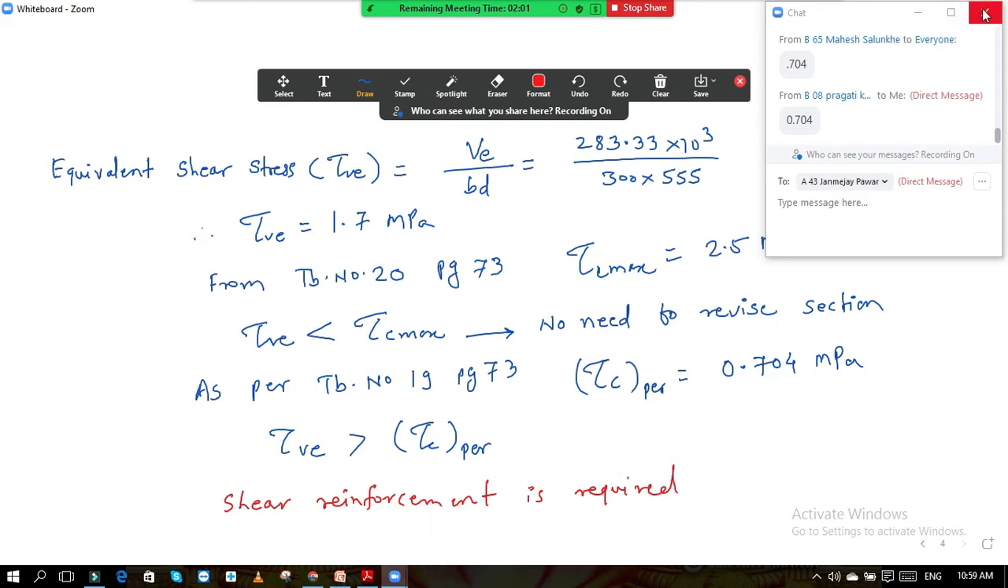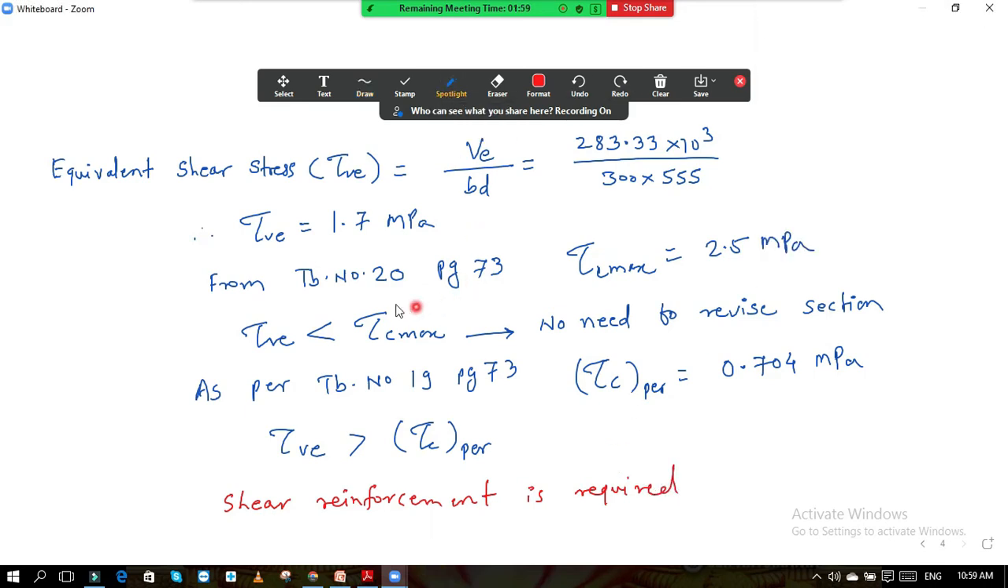Understand the difference between these two things. The first check was from table number 20, page number 73, against tau c max. This shows you that there is no need to revise the section. That means, do you keep the same section, or will you have to change the section? This comes from table number 20, page number 73. These two values, tau c max and your tau v, decide that. And once it is confirmed that there is no revision of the section, then you go